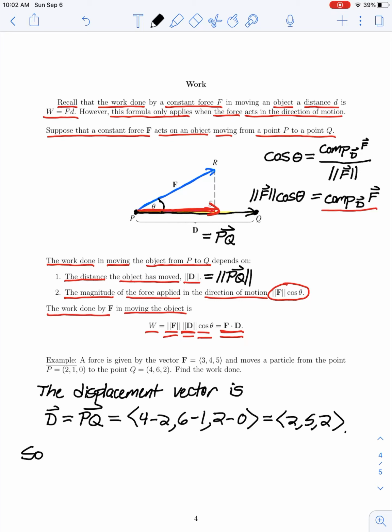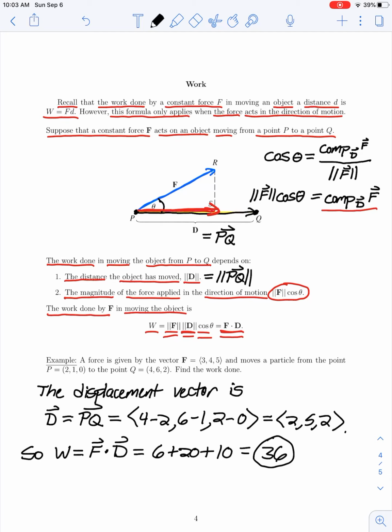So now that we have our force vector and our displacement vector, the work done by the force in moving the object along that displacement vector is the dot product of these two vectors. So multiplying their first components, we have 3 times 2 is 6, plus the product of the second components, 4 times 5 is 20, plus the product of the third components, 5 and 2 would be 10, so